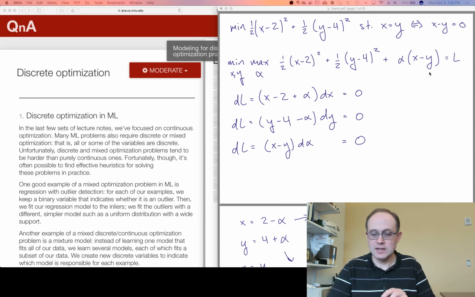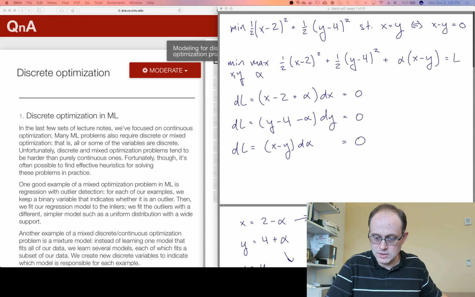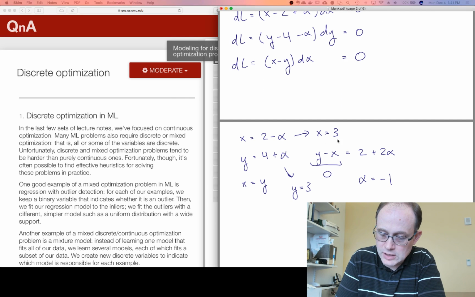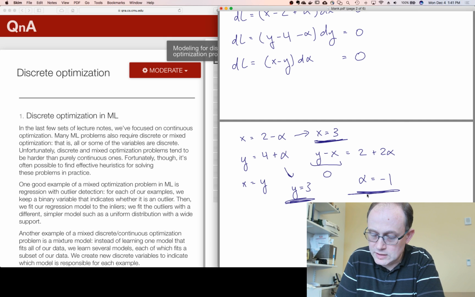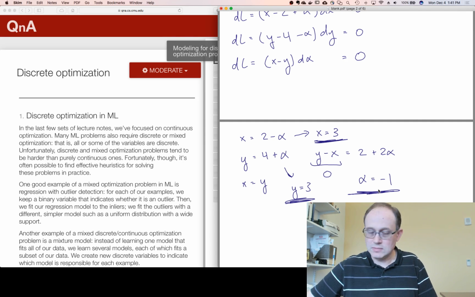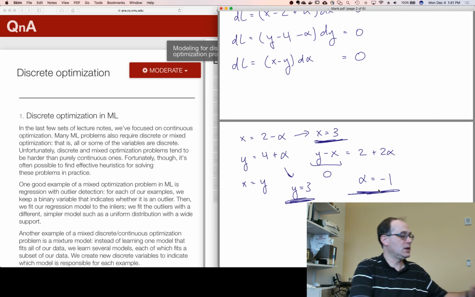So here we go. This is our solution. We have this, this, and this. This is just supposed to be a simple example of how you would work through using a Lagrange multiplier. If it's confusing,